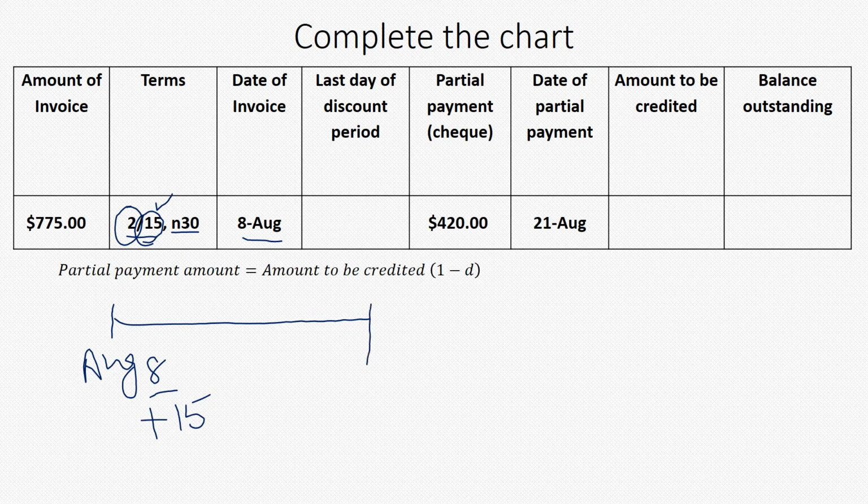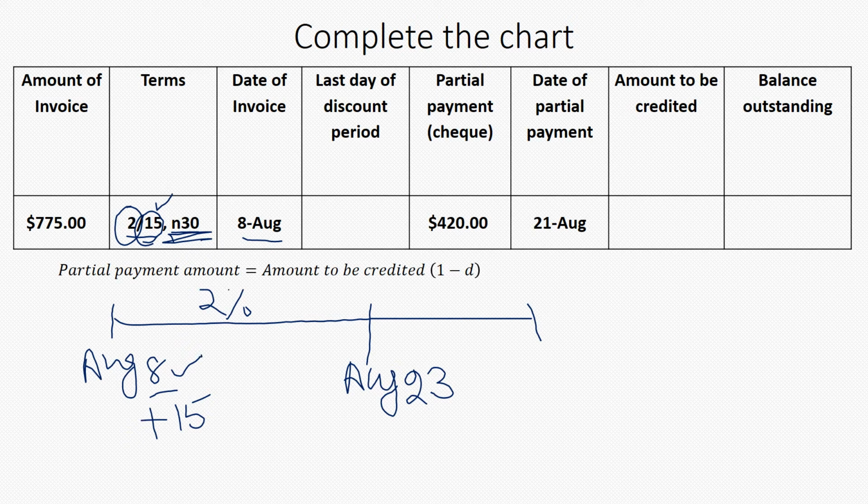That is August 23rd, right? August 9 is the first day of cash discount, right? Okay, so August 23rd is the last day eligible for the 2% cash discount, right? After that, net amount within 30 days. Now the 30 days start from August 8. Now we need to calculate the end date of the net amount.